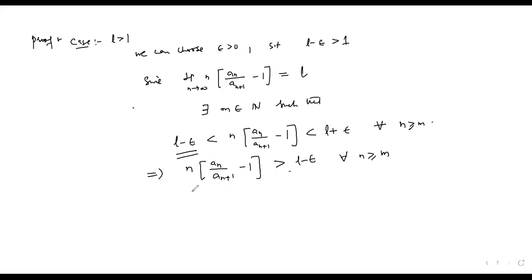Okay, so let's write it down. It implies that a_n divided by a_{n+1} minus 1 is bigger than n times alpha, where alpha is equal to L minus epsilon, which is bigger than 1. So this implies that a_n,